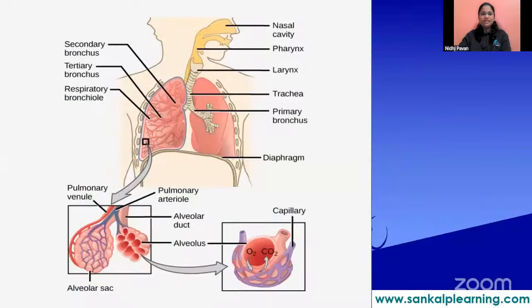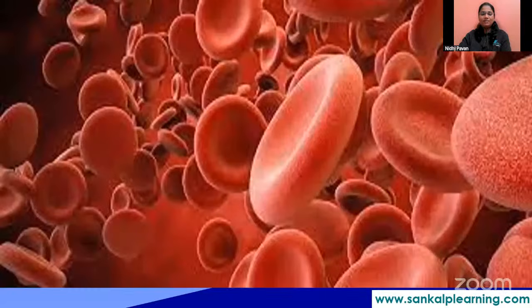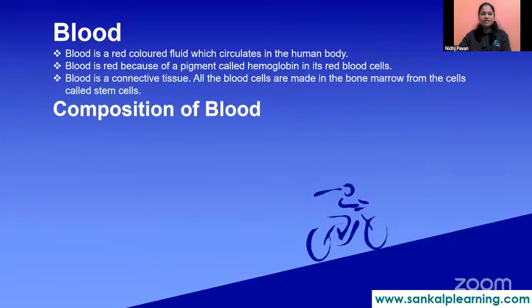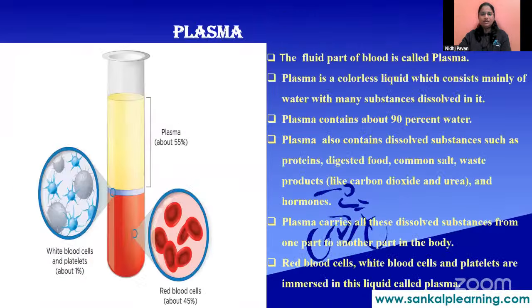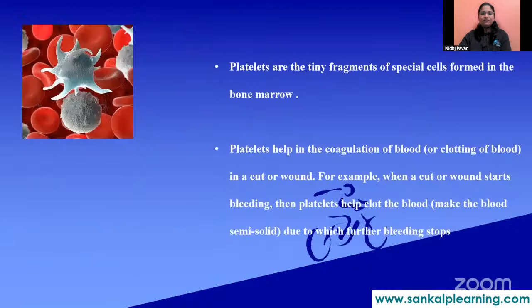nose. Then we have, this is a structure of alveoli, what we can see. Then transportation we have, okay, red blood cells which carry the oxygen, which will be having hemoglobin content. Then we have WBCs, what we can call white blood cells. Okay, so these are the types of white blood cells what you are seeing. So these will fight against the infectious organisms or pathogens. Then we have platelets which will stop bleeding or which will help in blood clot.